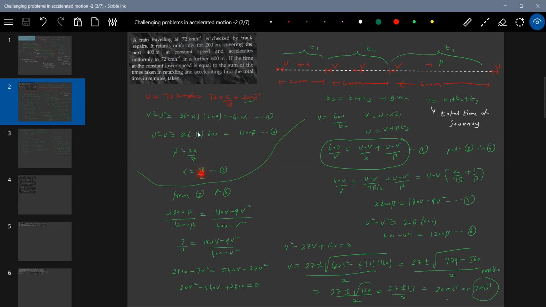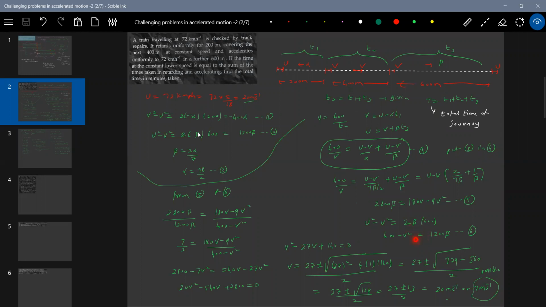Then in this equation we'll substitute alpha, which we can write as 7 beta by 2. Solving this, I will end up with an equation for beta and V square. How are this beta, the acceleration, and this V related? Let me apply equations of motion: U square minus V square equals 2 beta 600. Then solving this equation,